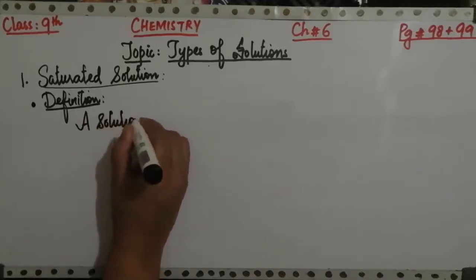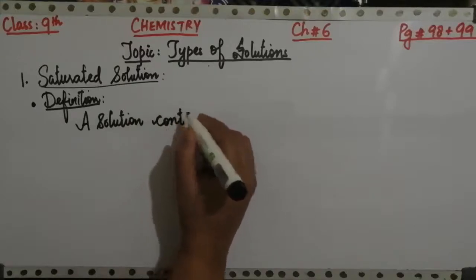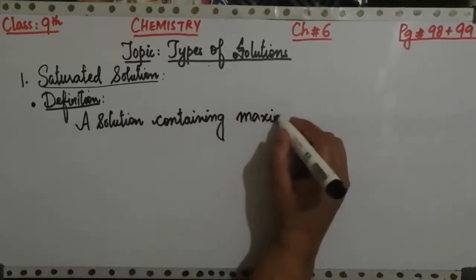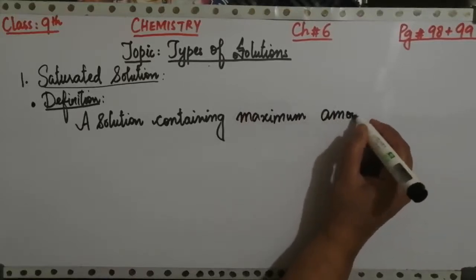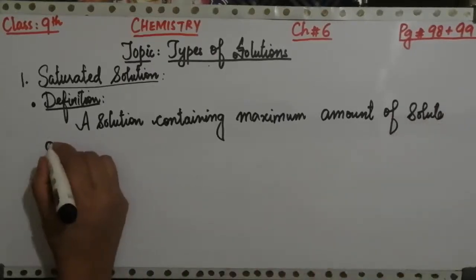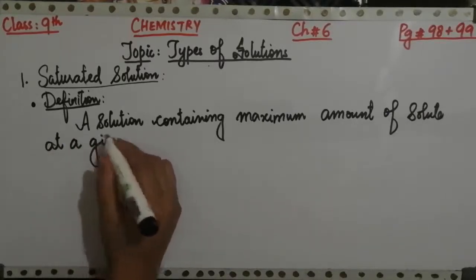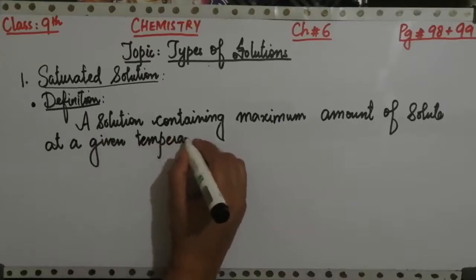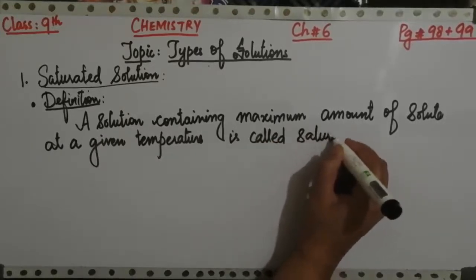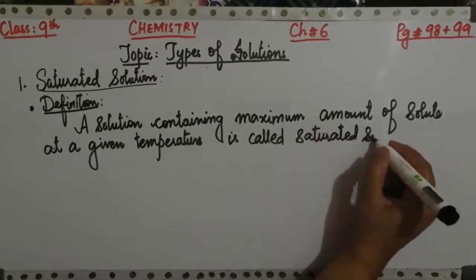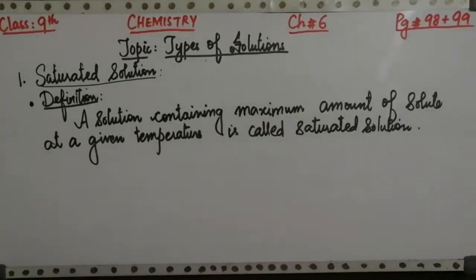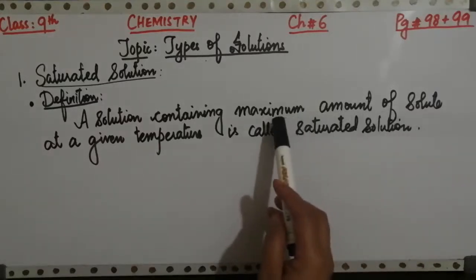A solution or type of solution containing the maximum amount of solute at a given temperature is called a saturated solution. So a saturated solution is a solution in which the maximum amount of solute